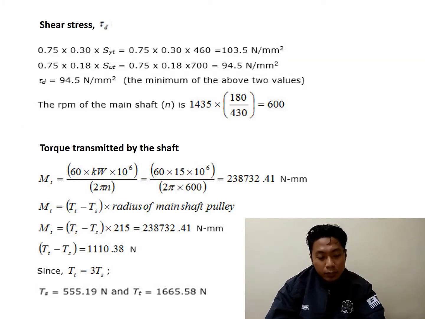So the speed that we got from the calculation is 600, which we got from 1435 times 180 over 430. So the RPM of the main shaft is 600, and then the torque transmitted by the shaft is